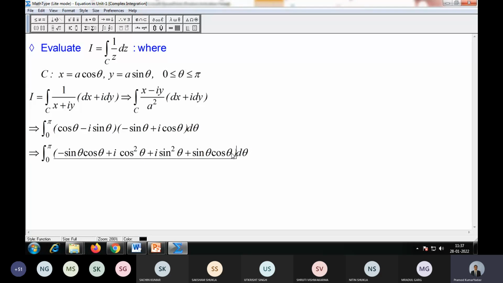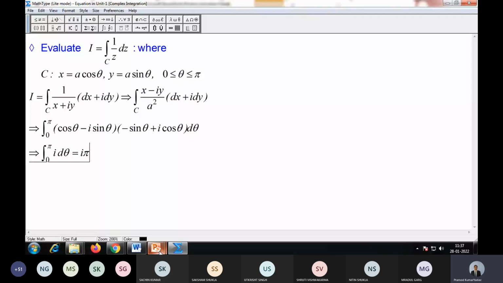So this sin theta cos theta will cancel out with this sin theta cos theta. I may take common, so sin square theta plus cos square theta is 1. So simply what are we going to get? This one, I, and integration d theta from 0 to pi. So it means theta, and theta is pi simply. So the answer is coming I pi.